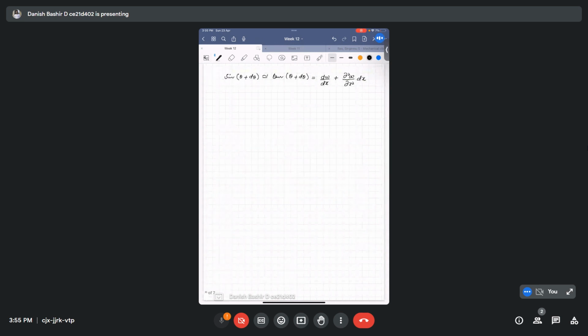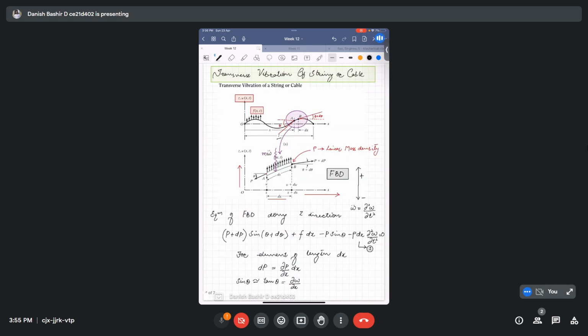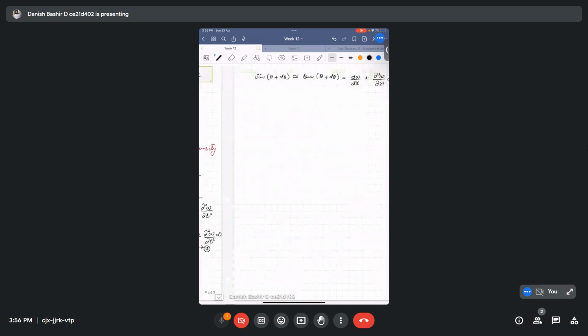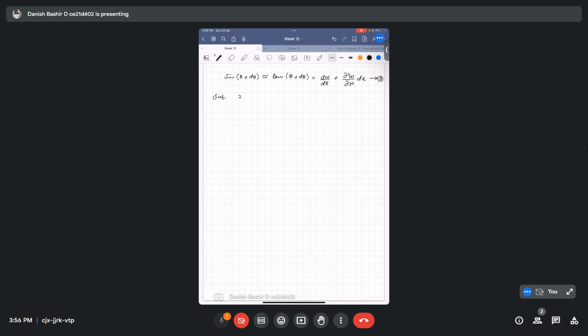So substitute. This is equation second. This is equation third. So I will write here, substitute 2 and 3 in first. We get,